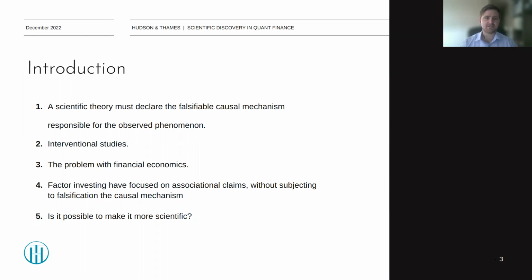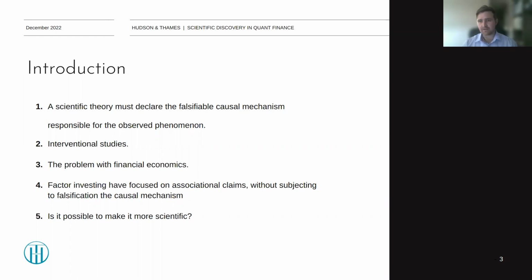Then the ultimate question is: is it possible to make quantitative finance more scientific? And we think the answer is yes. It's a lot more difficult than just observing it and making claims. If you have an investment strategy and you observe something, oh okay, this variable influences that, so I'm going to make some type of rule that takes this into account without fully understanding it.